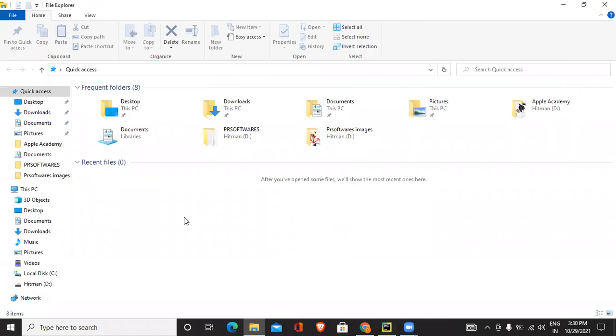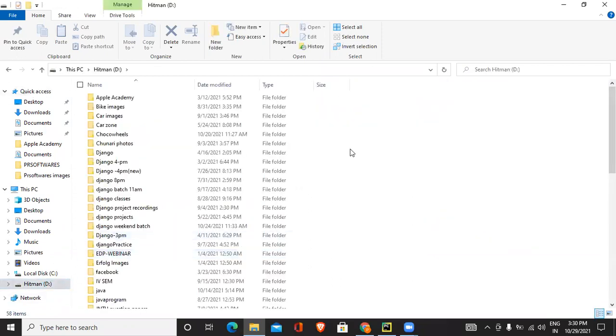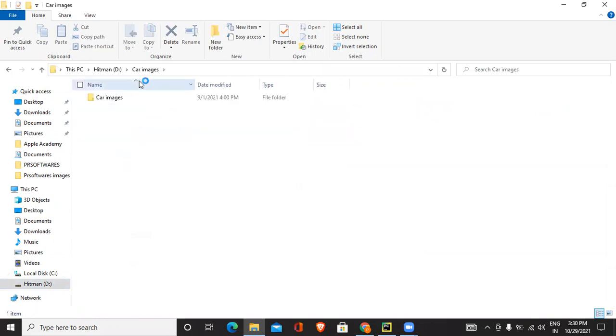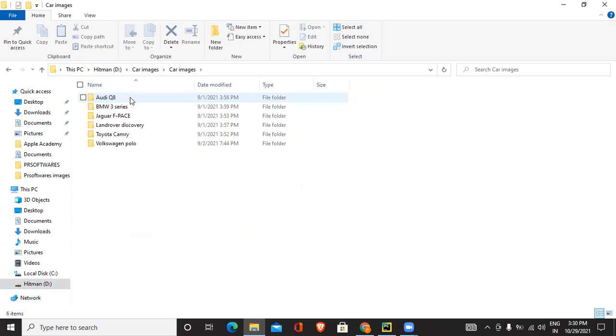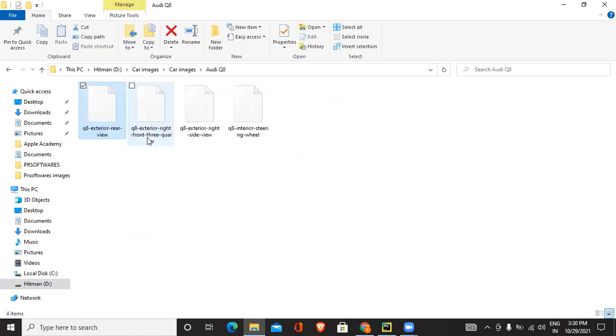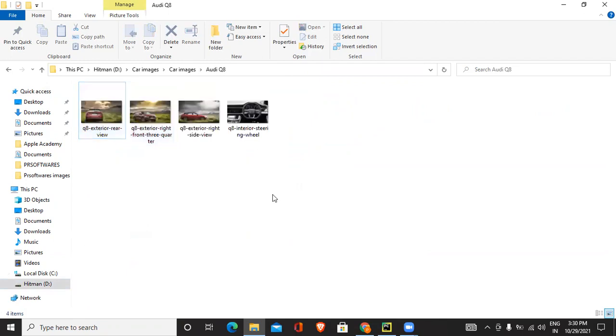Once the file explorer is open, you can select any one of the drives where all the images are stored. Suppose I'm selecting one of the folders here. Suppose these are some images, and I want to display this image on the browser.